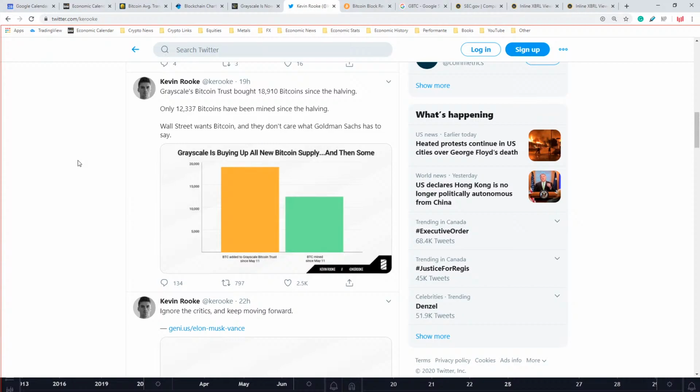So I was curious as to how the math stacked up when we're looking not just after the halving, but on a quarter-by-quarter basis, because I know that all the assets they're purchasing, which is Bitcoin, will have to be reported publicly because they're a publicly traded company. So we will do some math here. Hopefully you stick with me in terms of how much Bitcoin is estimated to be produced or rewarded to miners every day and then every quarter, and then we'll look to see the amount that